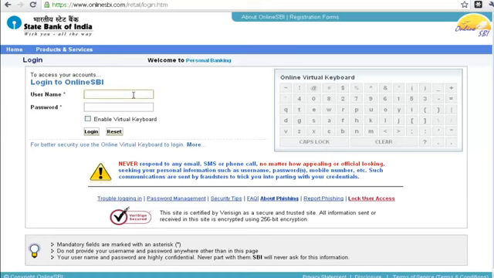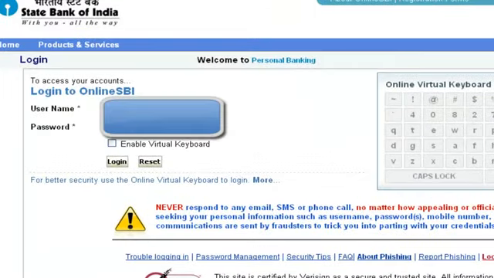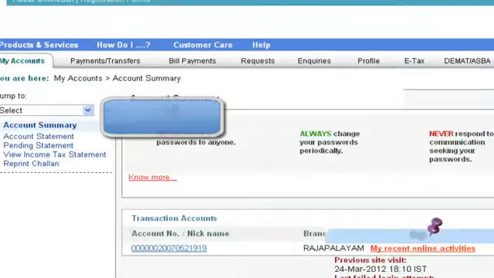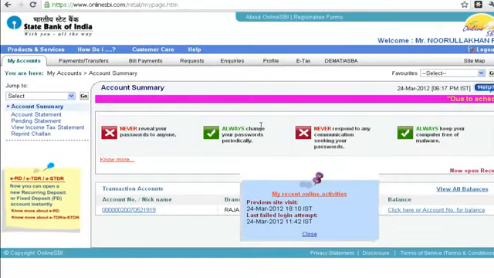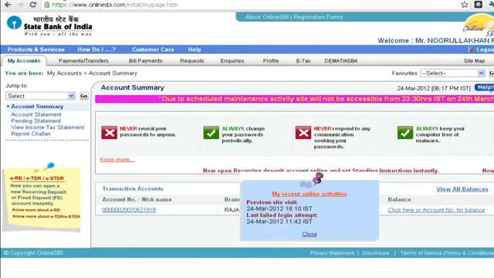In this video, I'm going to show you how you can transfer money from your State Bank website to another account. First of all, log into your State Bank of India account. After successful login, you can see the account summary page. The same process can be applied for any State Bank group websites. It can be State Bank of Mysore, State Bank of Hyderabad, State Bank of Trivandrum or any account. So in this video, I'm showing you the same process using a State Bank of Trivandrum account.